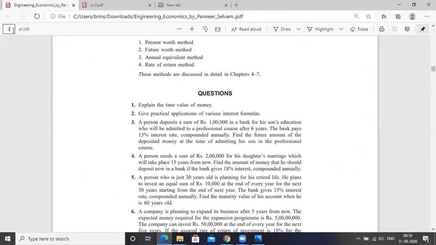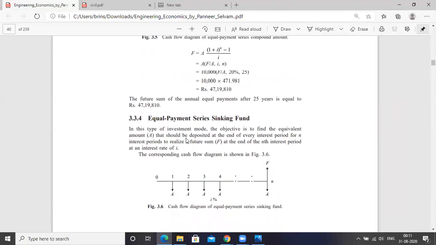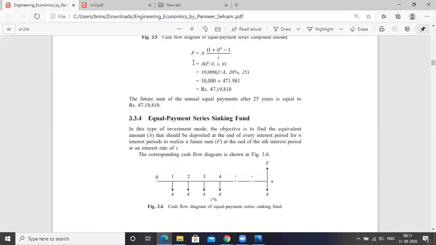So we will move on to the topic. First we will see about the equal payment series sinking fund factor. The equal payment series is also called the uniform series, right? So before understanding the